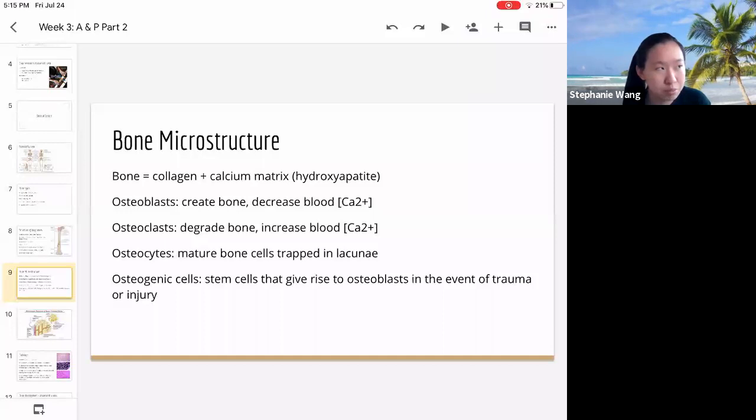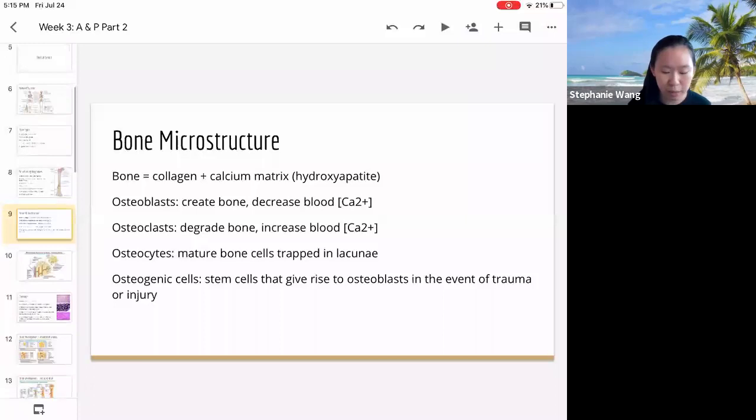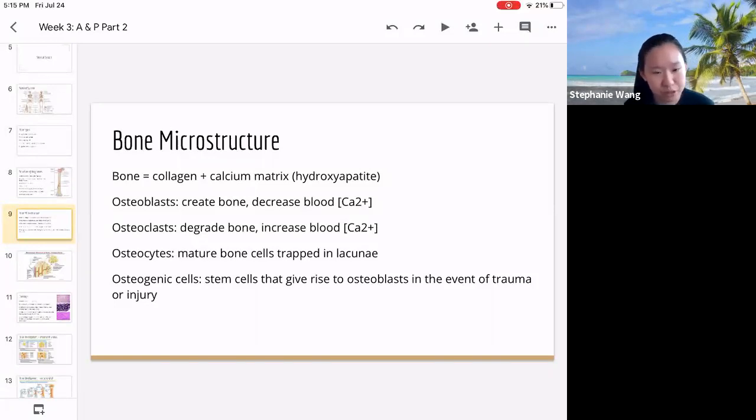They don't really move. They are stuck in these little pouches inside the bone, but they can still communicate with each other via their extensions. Okay, next we have osteogenic cells. They are basically stem cells that can give rise to osteoblasts whenever your body needs to build up bone. And I think one interesting example to note is that tennis players or sport players, those who have a lot of trauma to them all the time.